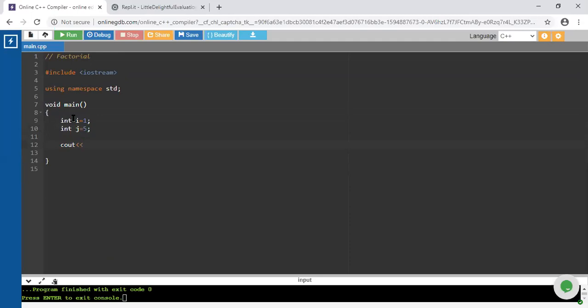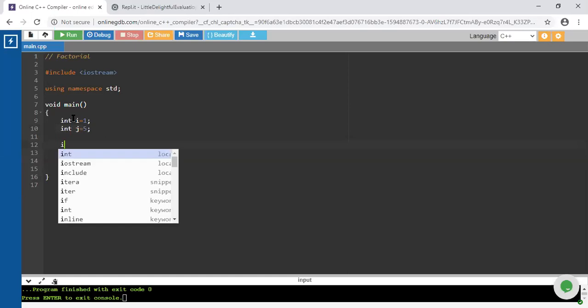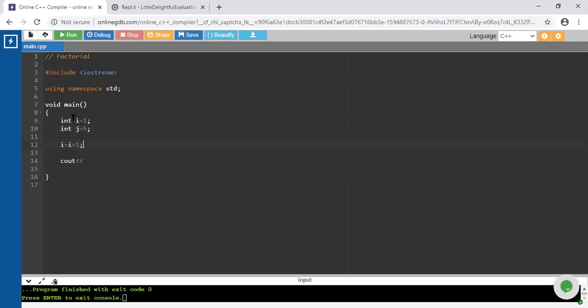I want to increment the value of i by 1. So what is the formula? We are using i plus 1, which means we are going to increment that particular variable i by 1.